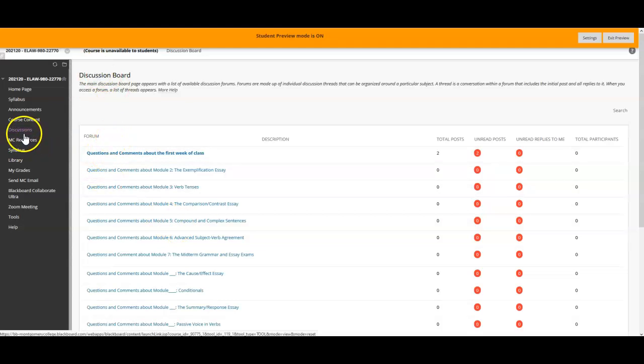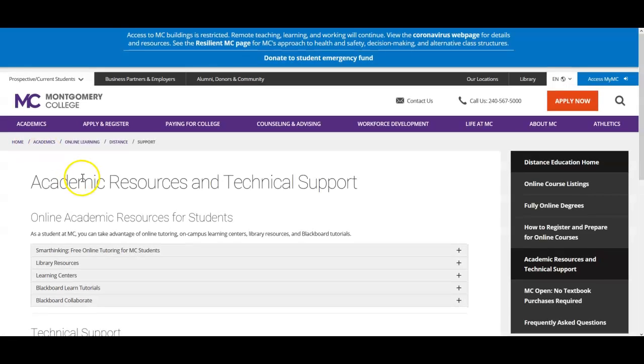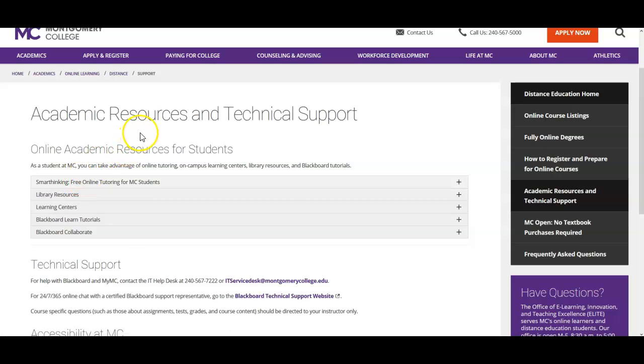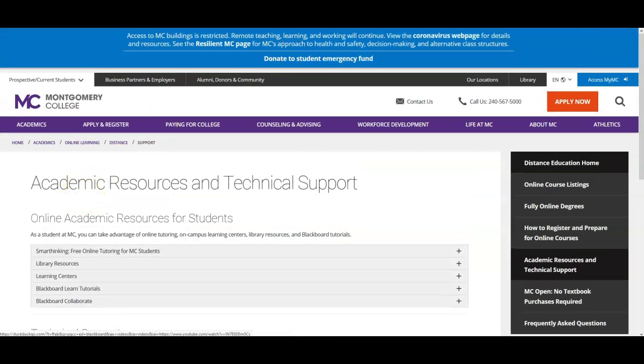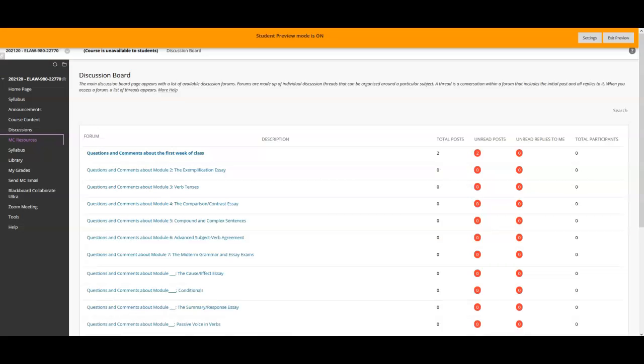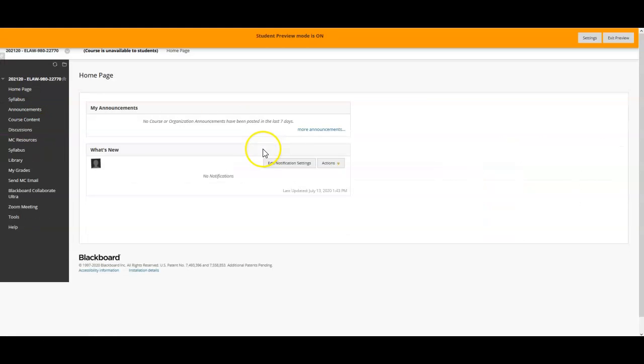If we go back to the menu on the left, below discussions, if you click on MC resources, there'll be a link to some academic resources and technical support, such as the library, some learning centers where you can get tutoring, some Blackboard tutorials to help you understand Blackboard a little bit better. I'm going to click back on home page for a sec. Okay. Then going back again to the links on the left,